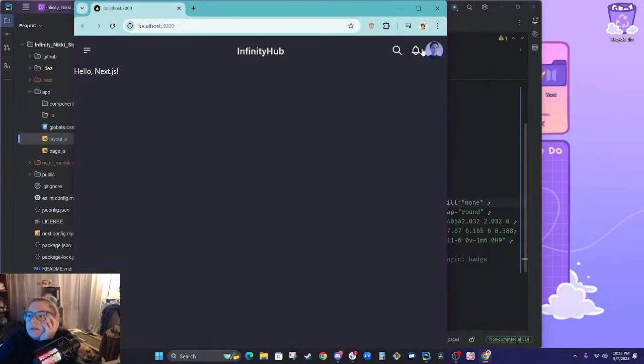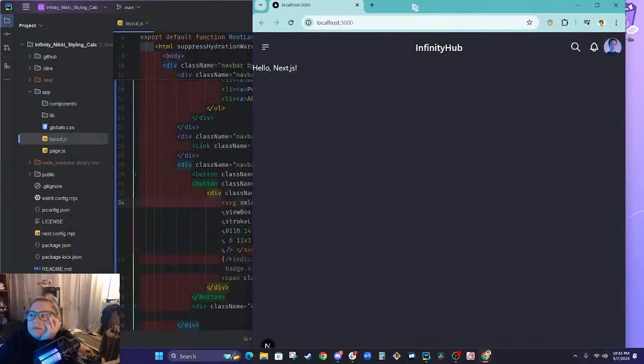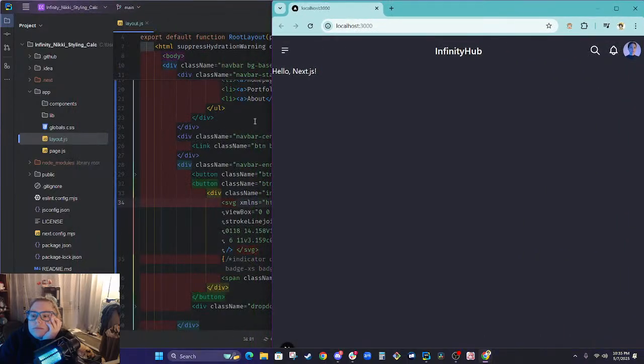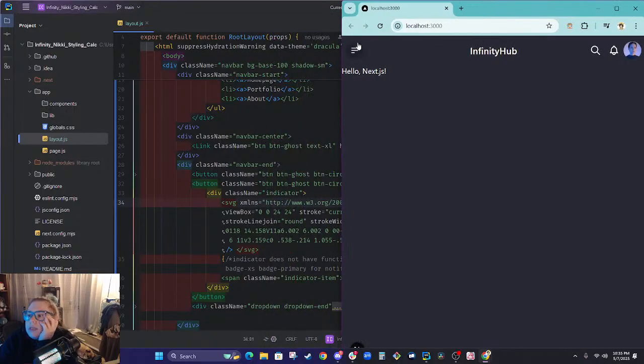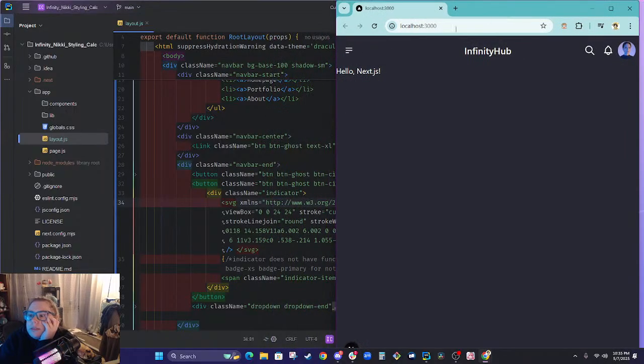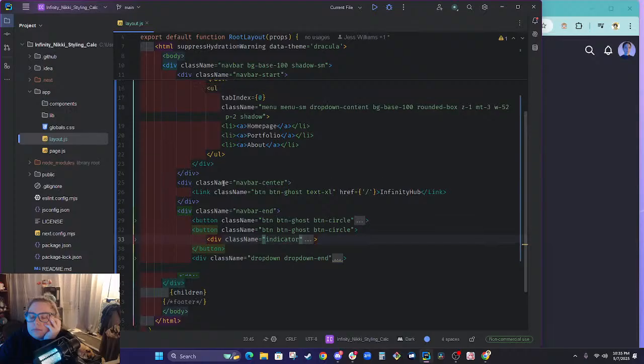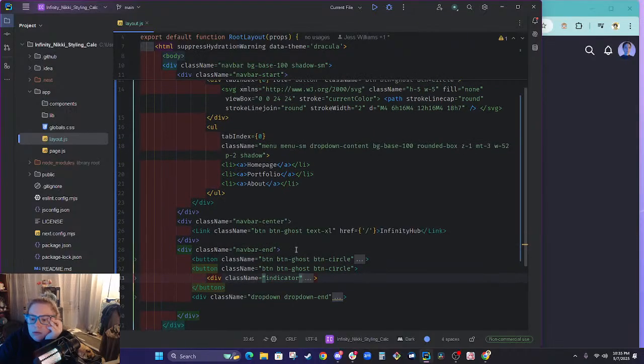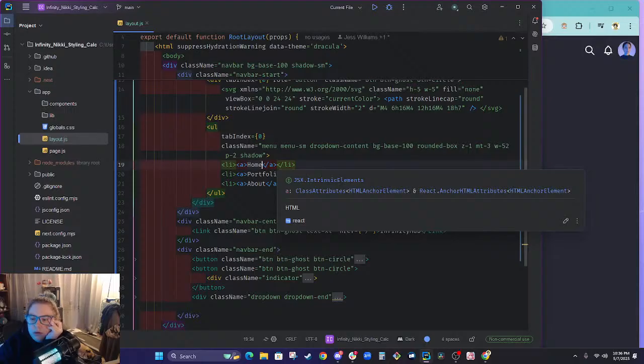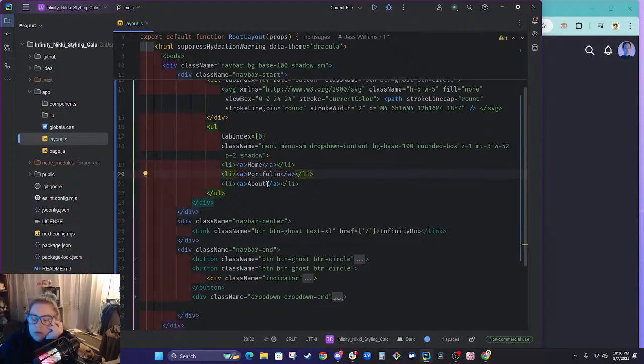I kind of don't like how close that is, though. Might need to put some padding. But that's being picky. We don't need to worry about that right now. And then let's go to our pages. I don't want it to be home page, we just want it to be home. And then